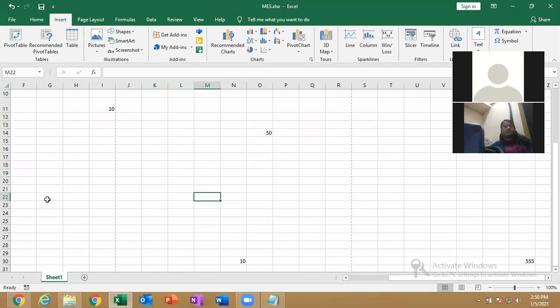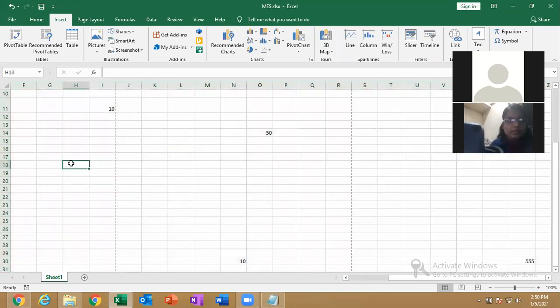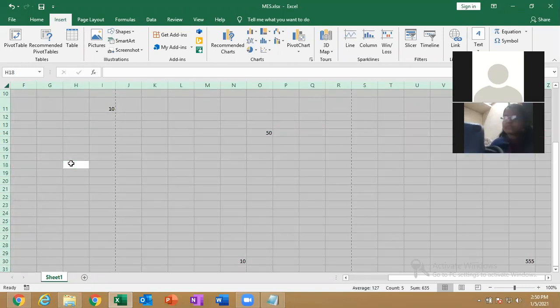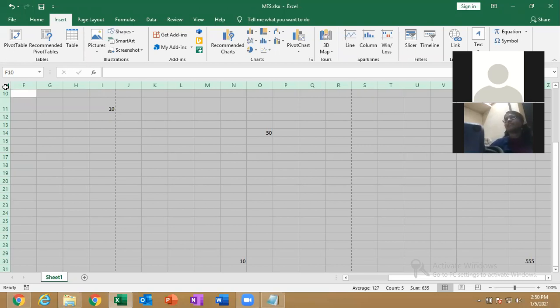And where a row and column meet is called a cell. This is a cell. These are called cells. Here I can add multiple sheets. And here there is a small triangle. If I click it, it will select all rows and columns in my workbook at a time. Or else you can use Control A two times, which selects all the rows and columns, or just click here to select the entire sheet.